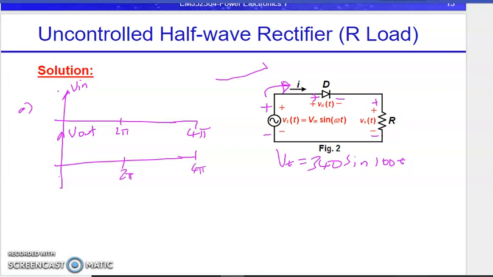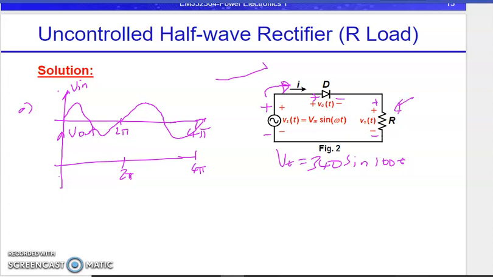2 cycles. Okay. So one cycle you should start from 0, go to maximum, then return to 0. Then on the next cycle you start and repeat to the 0. Okay, draw nicely. With this input from your source, this is your V in. What do you expect to have on the